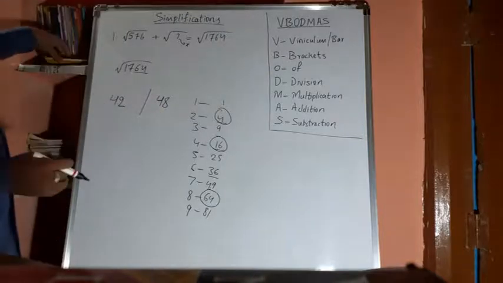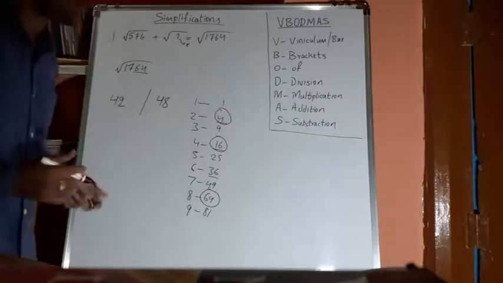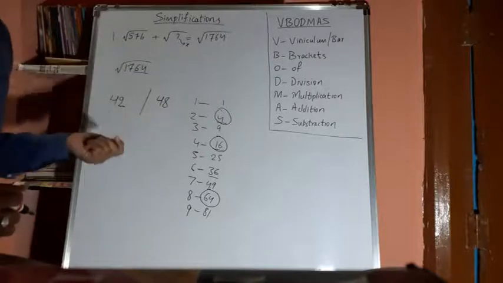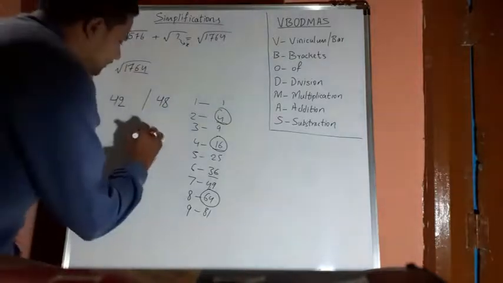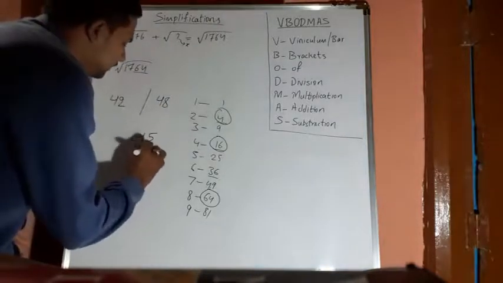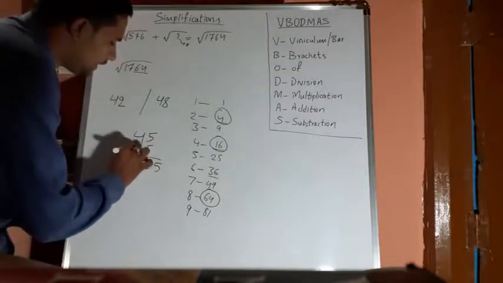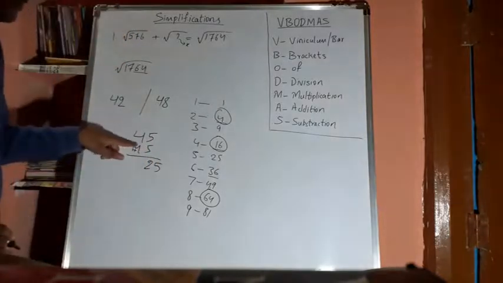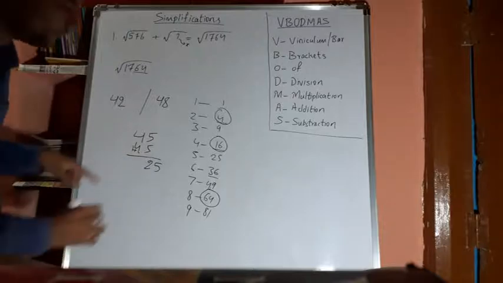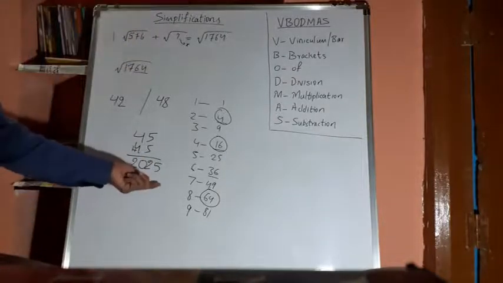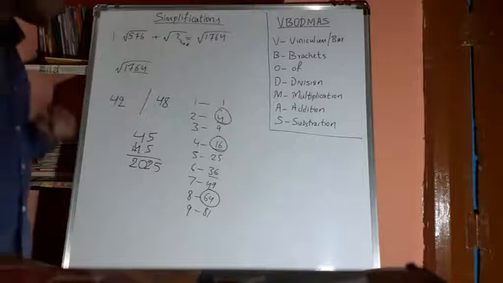Next is what? We have to do the square of a middle number. So since it is starting with the 40, 40 to 50, which is the middle number? 45. So find the square of 45. 5 5s are 25. You have to add 1 to this digit. 1 plus 4 is 5. 5 into 4 is 20. So 2025.